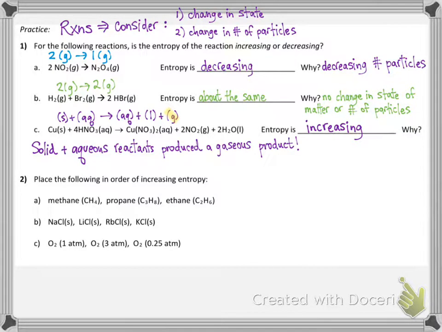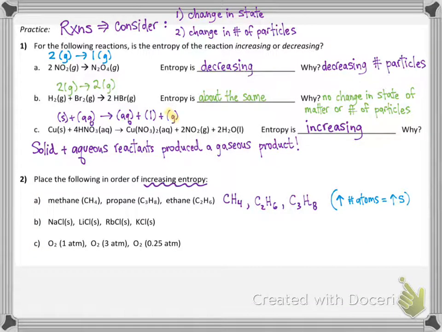Okay, for the second practice problem, now we're not looking at chemical reactions. We're just comparing individual things or individual systems. So that's when you need all those other rules at the top of the page. So go ahead and try it. For A, B, and C, you're going to put the things provided in order of increasing entropy. So whenever you are ready to check your answer, go ahead and unpause the video. Well, you should pause the video first. Forgot that part.